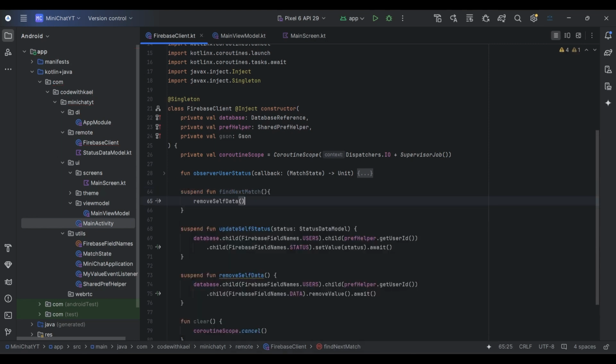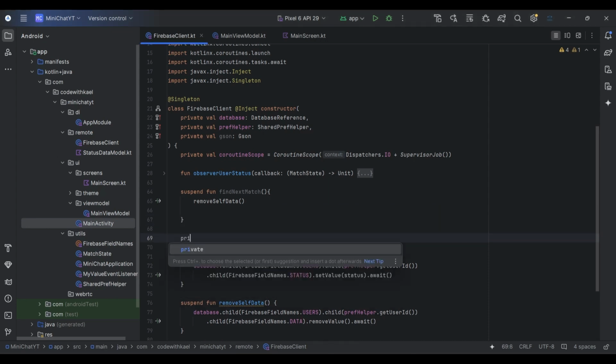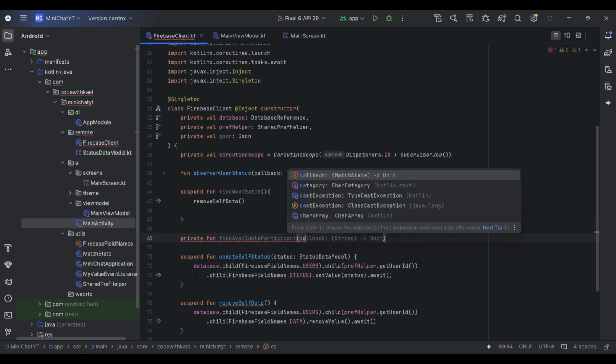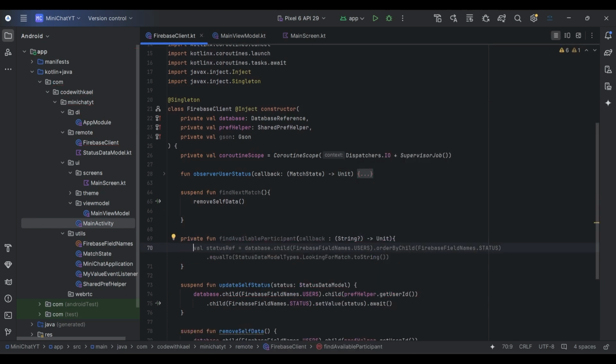First thing that this one does is to remove self data, of course. It means we are creating a new session, and then it will use another function named private fun findAvailableParticipant. That will have a callback of type nullable string, and its return type is going to be unit. All it does, it's going to query our database and search for first available user with the status of looking